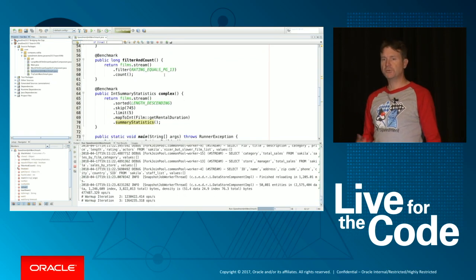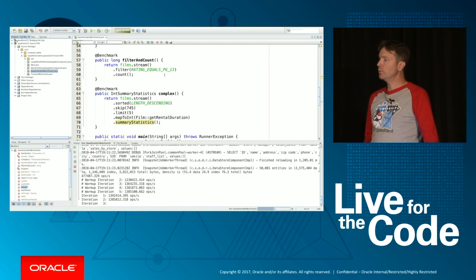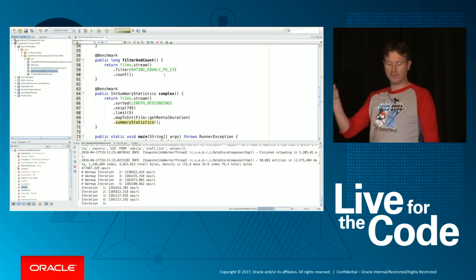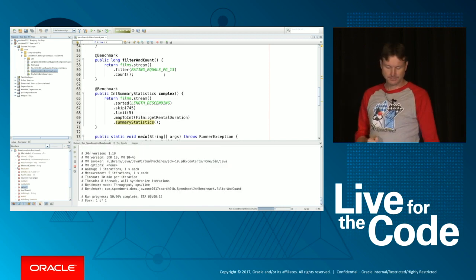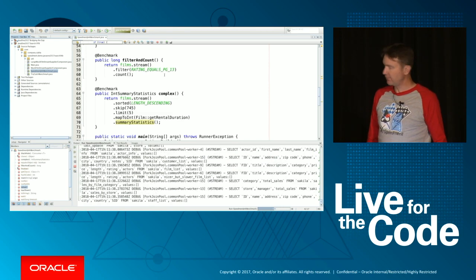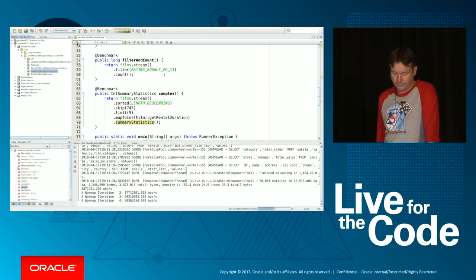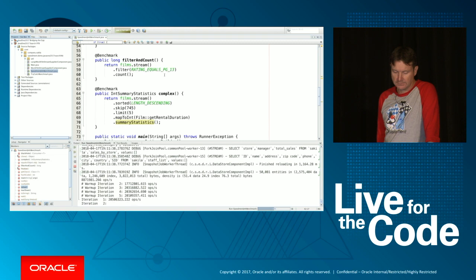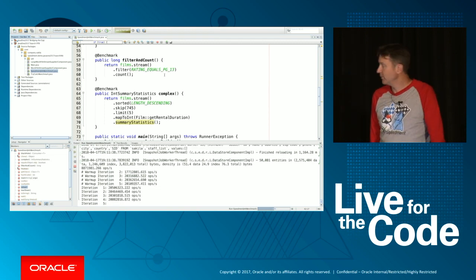So when you're using in-memory acceleration, you don't have to change your application. You only have to have a single line saying whether you want acceleration or not. Now it runs exactly the same test as before. So let's see what happens. I can already reveal that it's going to be considerably faster.